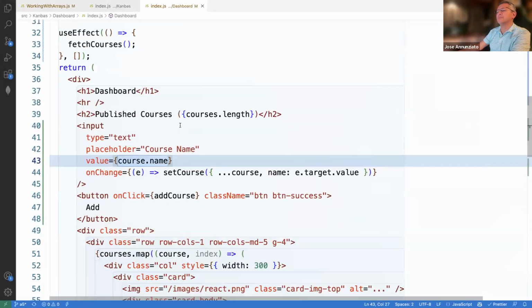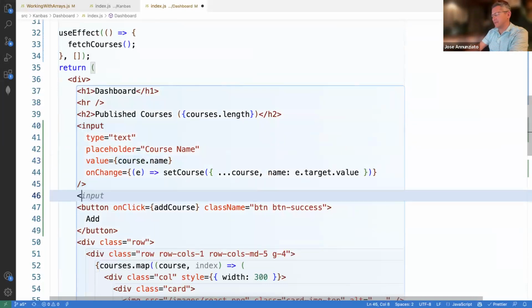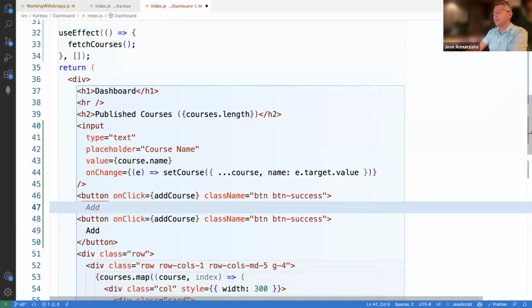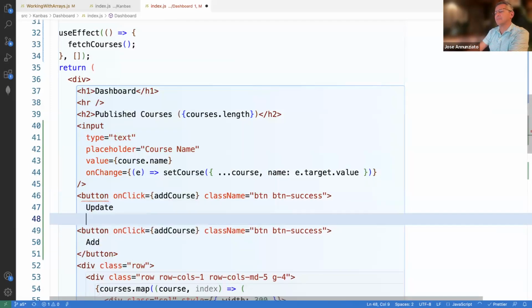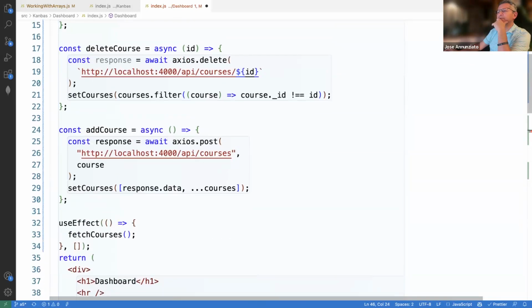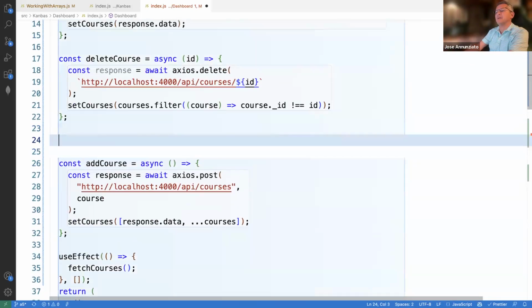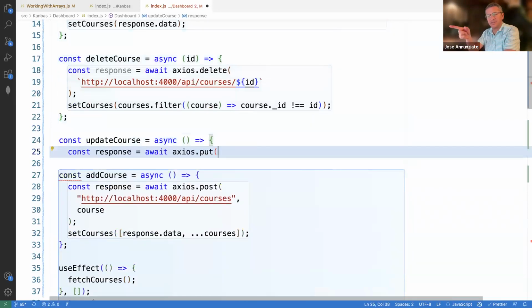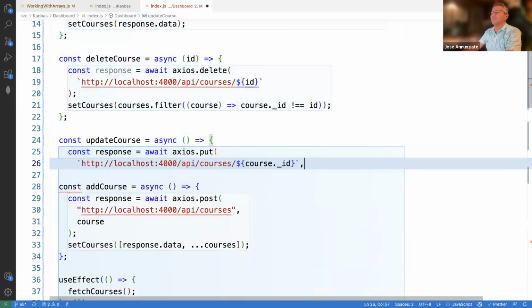So let's add another button. And then we can say, button. And this is going to be an update button. Like that. Well, not add course. We'll need a function called update course. So we'll say const update course async. It's going to send a put. See, my AI already knows about the RESTful set of conventions, right? So it's going to send the API to the